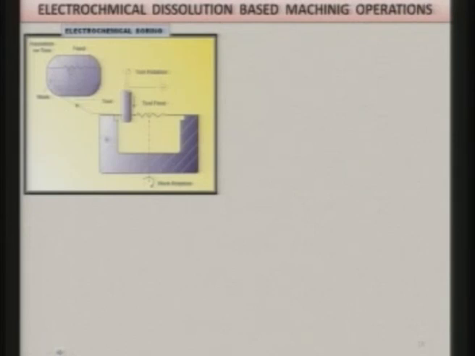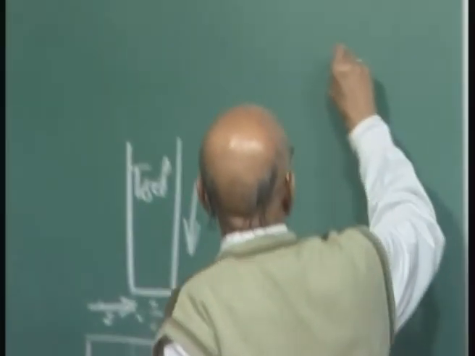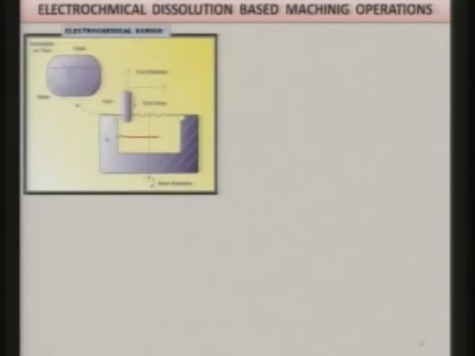Now, I will show you some of the operations which I named in the last two slides. First one is the electrochemical boring operation. Boring is what? We already have a certain diameter hole and we want to increase the size of the hole, and we normally do not have that size of the drill. Then you perform the operation that is known as boring operation. On the same principle, because you cannot make a very large hole in one go by ECM process also, otherwise it requires a high capability ECM machine. So, you can do it first slightly smaller hole by ECM process itself, then you can enlarge it by electrochemical boring operation. You can see here that this is the hole diameter which was made initially either by ECM process or some other process, and you want to make it accurate, just like for example, suppose you want this diameter to be